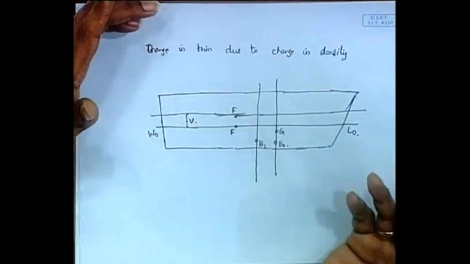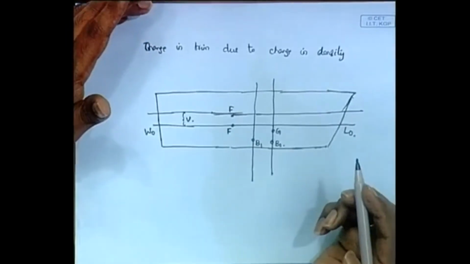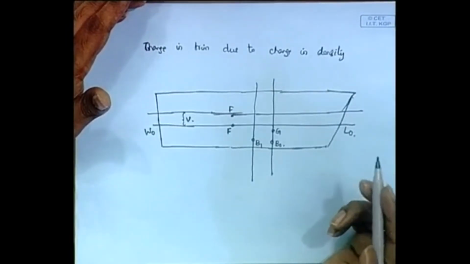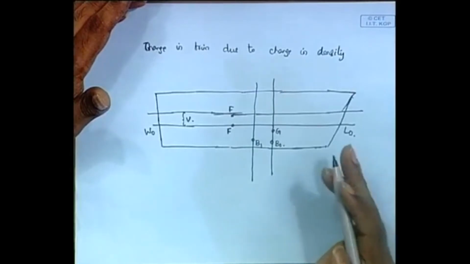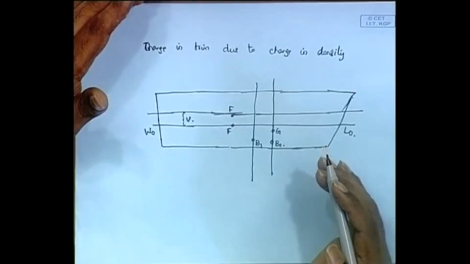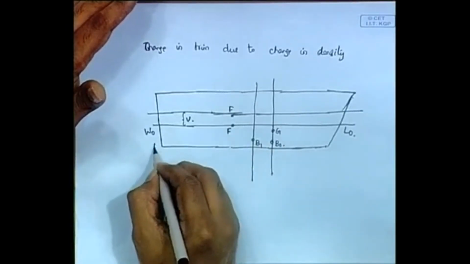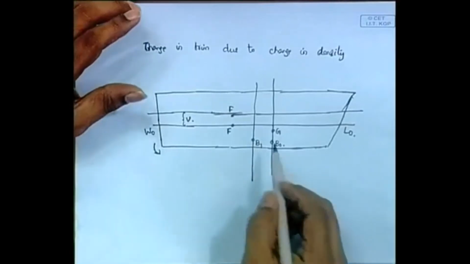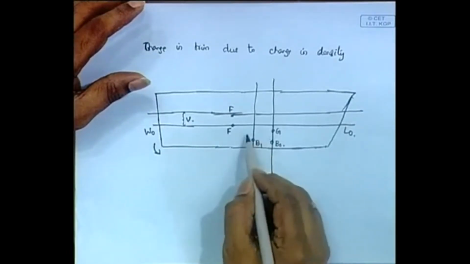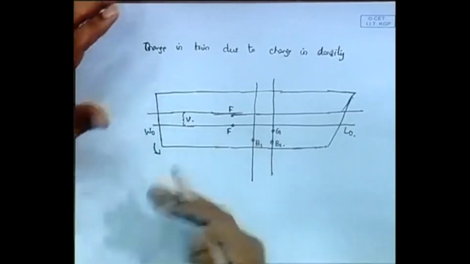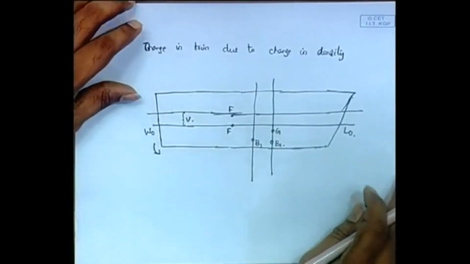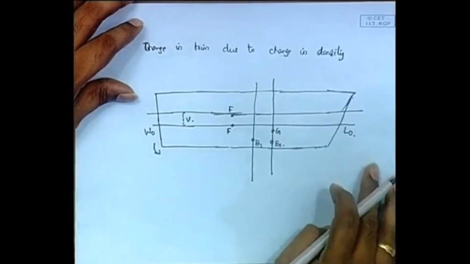In this case, the ship trims like this. This should go down because V has been added here. V has come, this is moving right. It will trim like this. The ship will trim to the aft. It will trim like this. Then